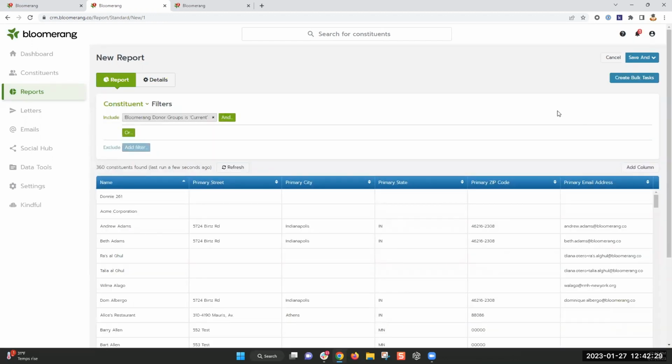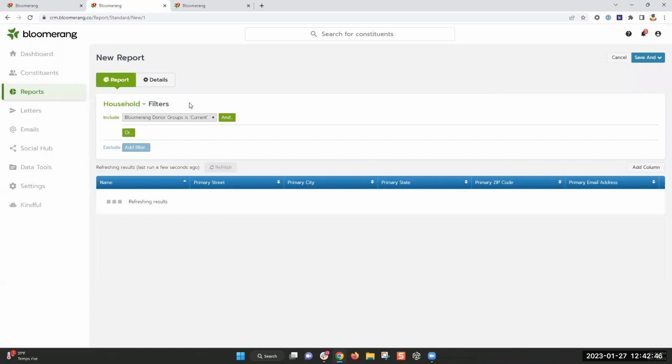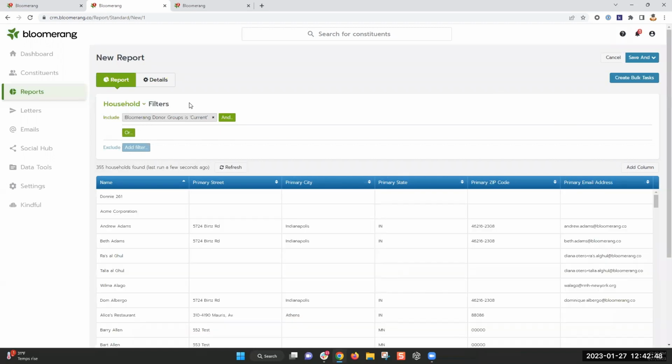Another thing I want to point out is whether you want to filter by constituent or by household. So right now I'm filtering by constituent, which means that it is looking at individual constituent levels. If I want to change this to household, it doesn't mean that this report only looks at households.